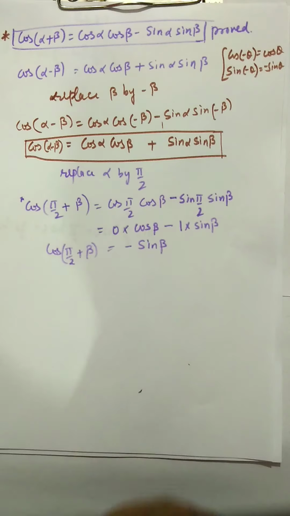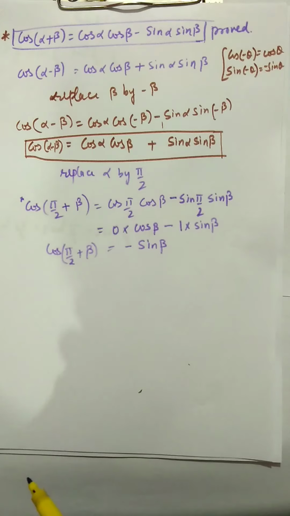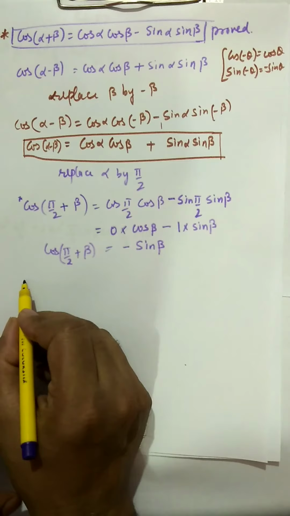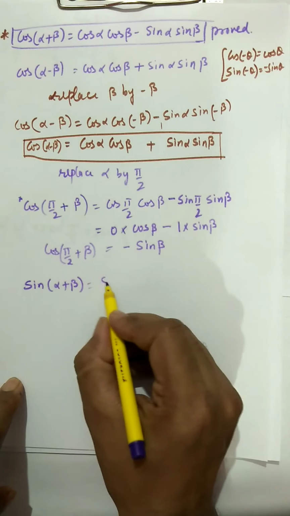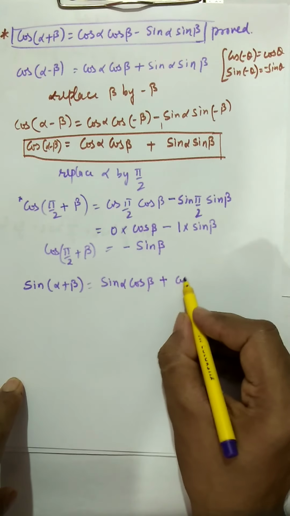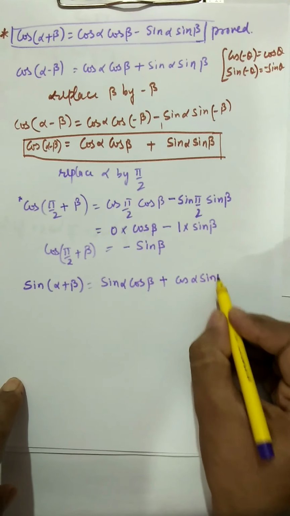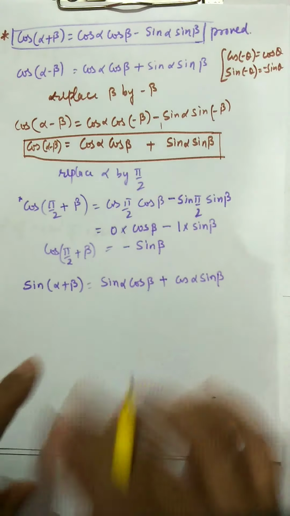We can prove all the formulas. Let's discuss one more formula, sin alpha plus beta. I would like to introduce the sin alpha plus beta formula: sin alpha plus beta is equal to sin alpha cos beta plus cos alpha sin beta. This formula I am now going to prove. You see that I'll be using that star one again. So you just have to understand what is to be substituted in place of alpha and beta.